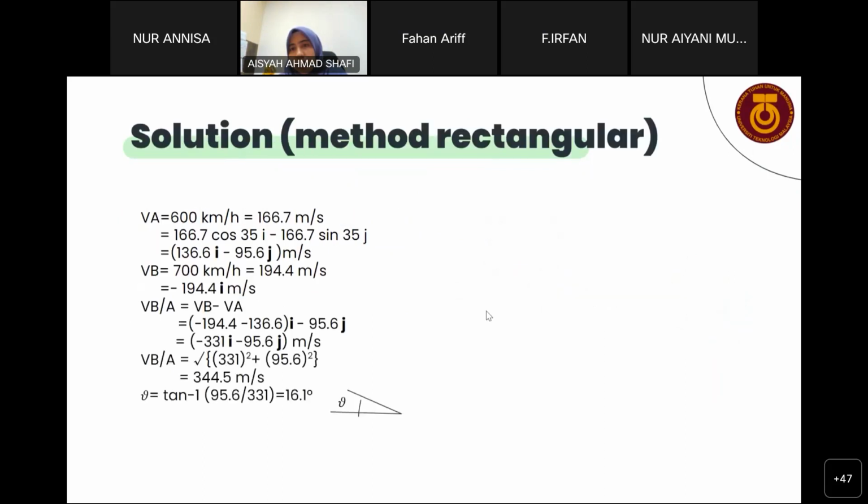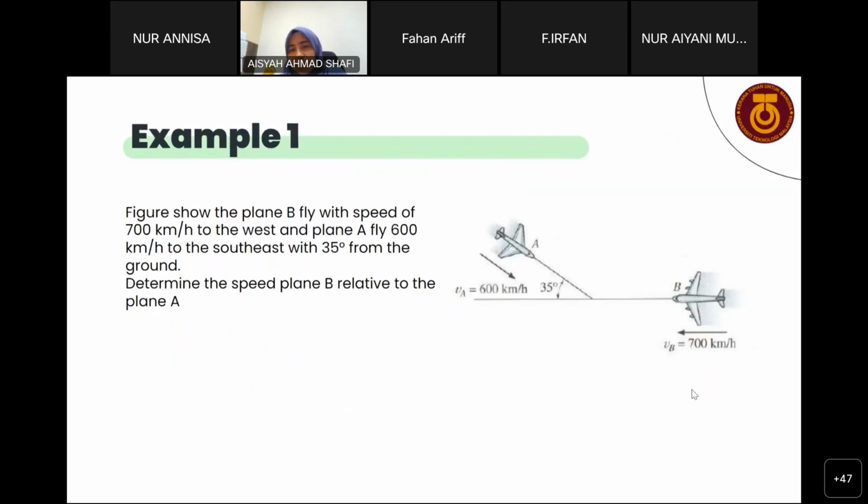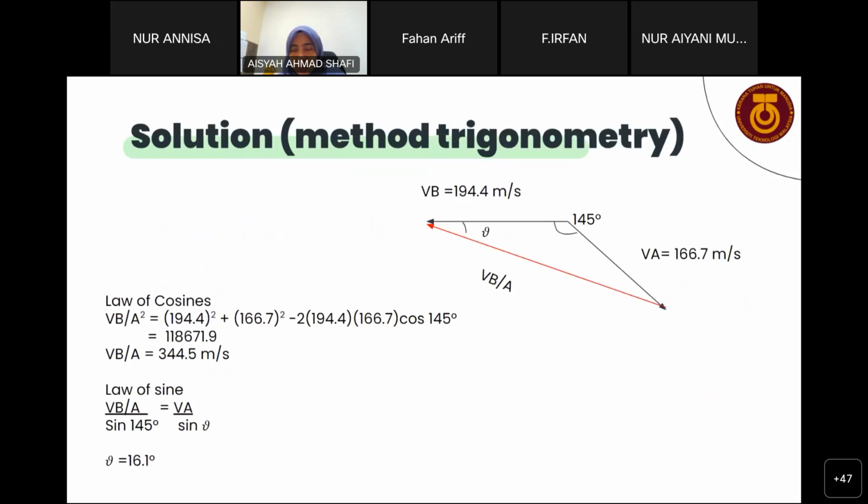The given degree is 35, but how to get 145, it is because